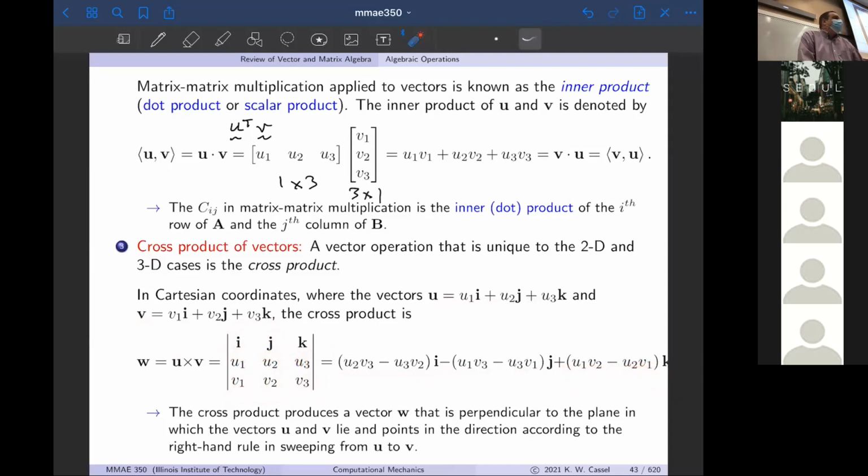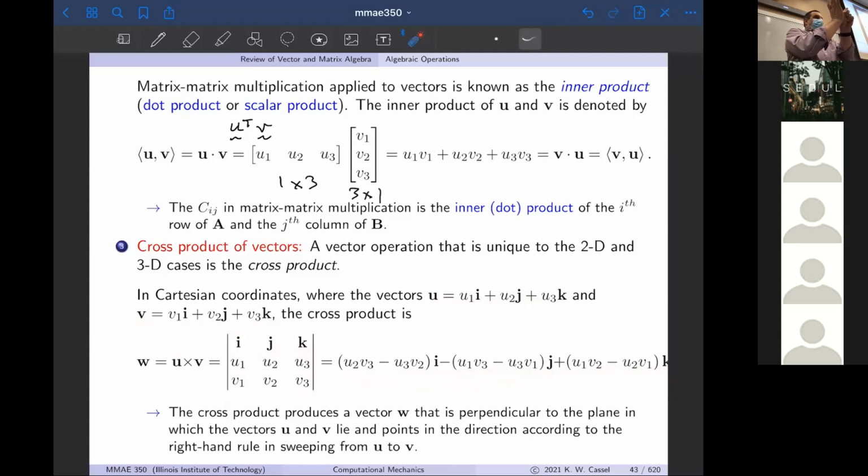So that's the typical cross product like we've seen in physics and so forth. Then the direction, so this is actually a vector now. Remember, the dot product or inner product is a scalar, whereas the cross product is a vector. So remember when you take moments, right-hand rule. So if you have a position vector and a force vector, you take their cross product, and the magnitude gives